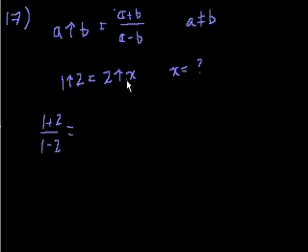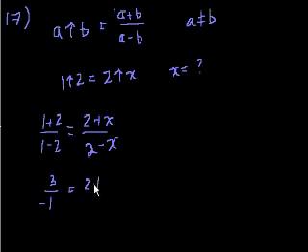And that equals, what's 2 up arrow x? That's 2 plus x over 2 minus x. So 1 plus 2 is 3. 1 minus 2 is negative 1, right? So it's negative 1